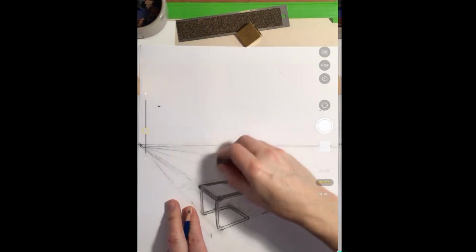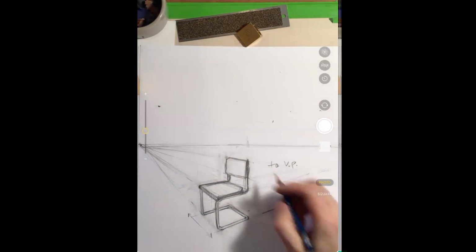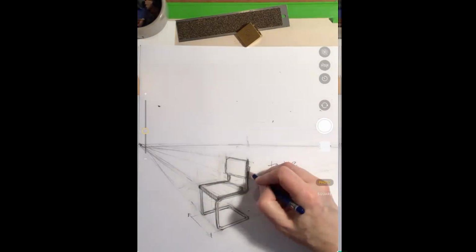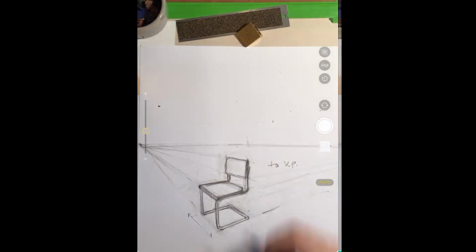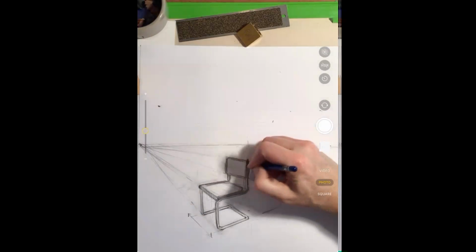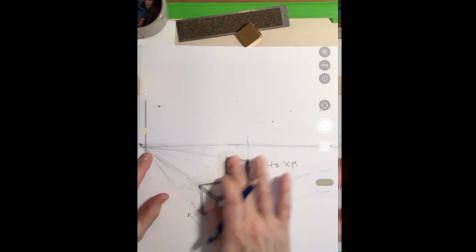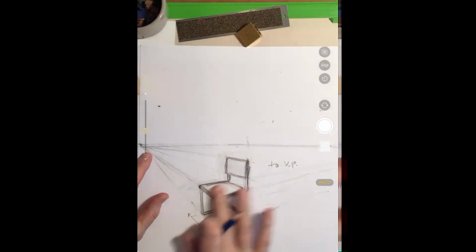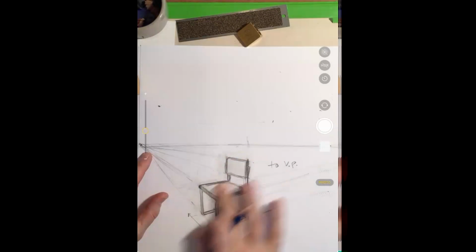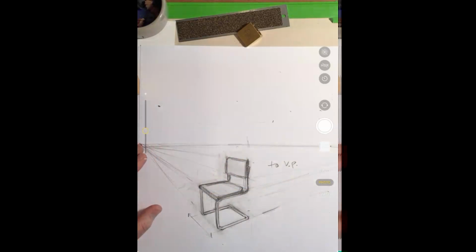That's okay. If I want to create that appearance of the caning,